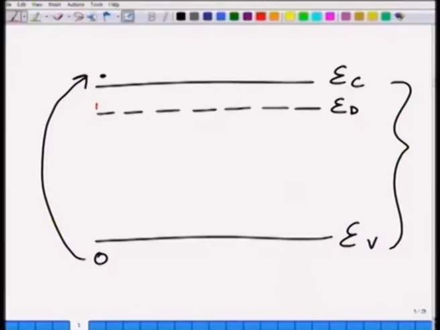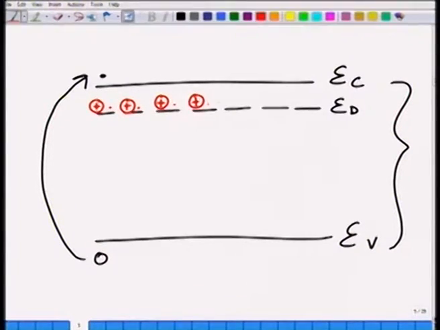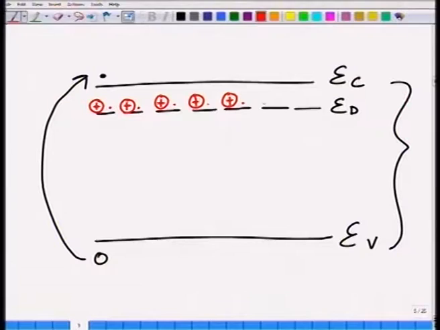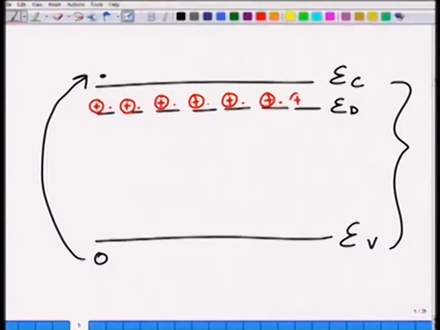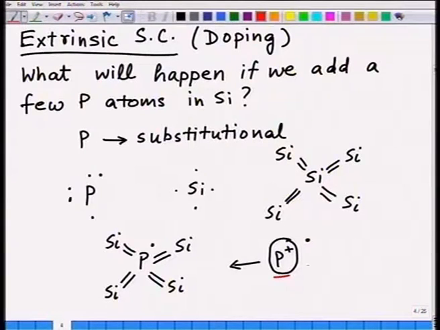In my picture I will show a plus and a dot, a plus and a dot, and so on. The plus indicates the phosphorus plus and the dot the 5th electron. So we think there is a hypothetical energy level like this, relative to EC. Then if I have sufficient energy,